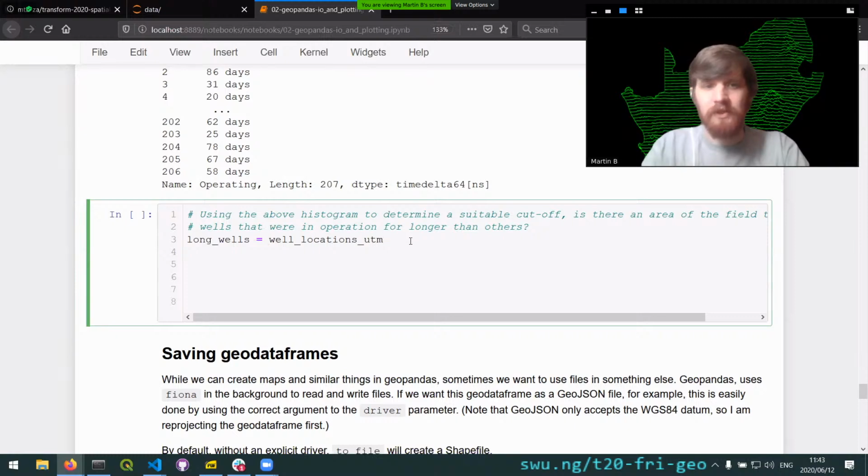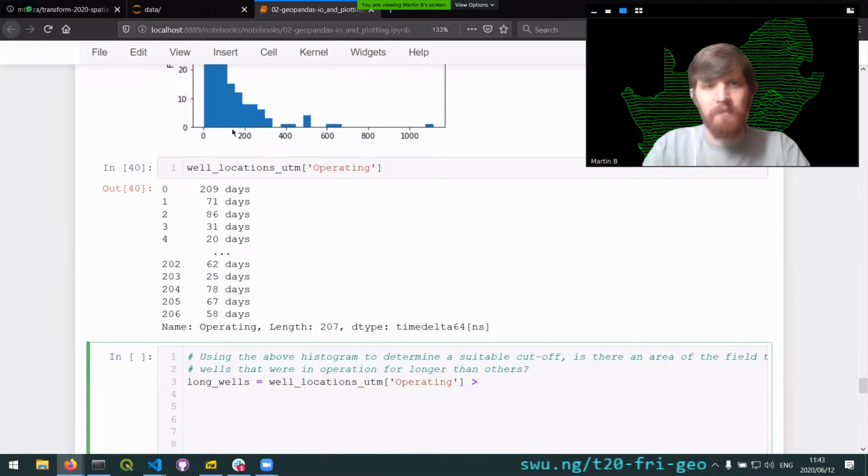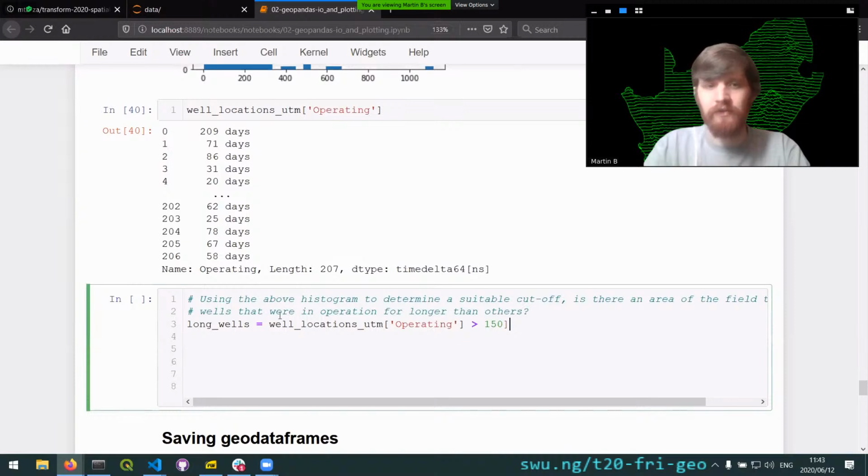So if we want our long wells, we can take where we've got operating, and this is fairly similar to what we've got. We can use some sort of useful cutoff. And looking at our histogram, it looks like we'll get a reasonable number at around 150-ish. So if we take our wells that were operating for more than 150 days,